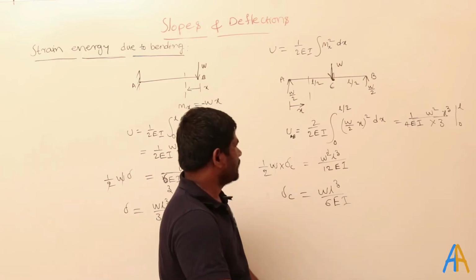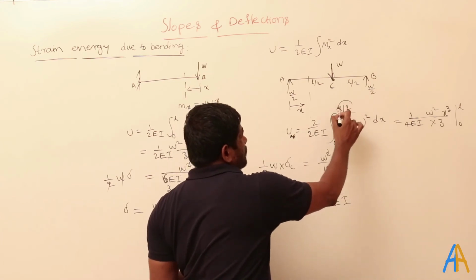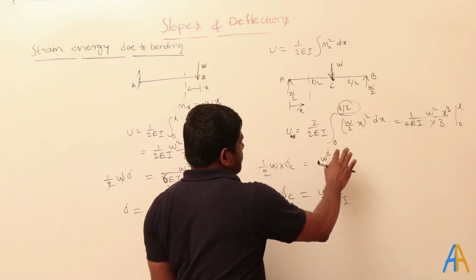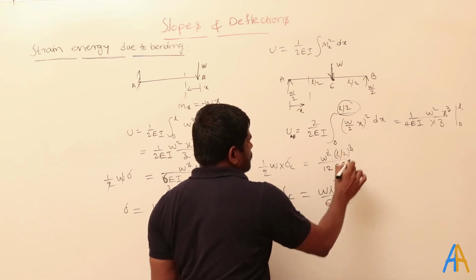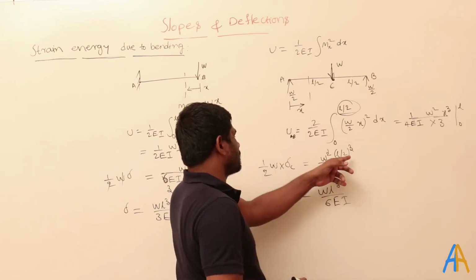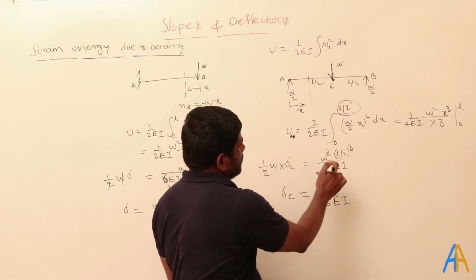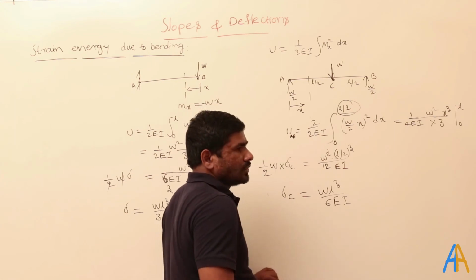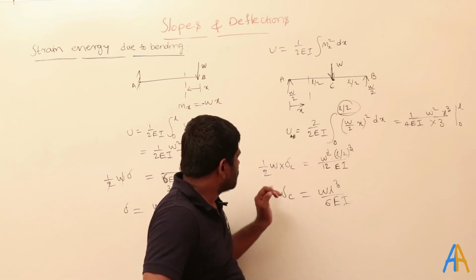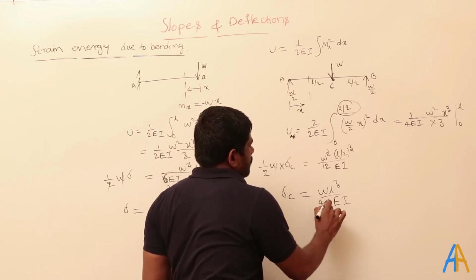Okay, here we got a wrong answer. Why? Sorry, this is L by 2. We need to substitute L by 2. We substituted L here, but I will substitute L by 2 whole cube. You should be careful. So it will become how much? It is not 12. Instead, it is 12 here and then 12 into 8. So 12 into 8, 2 will cancel, 4 into 12 is 48. So it will become 48 here.